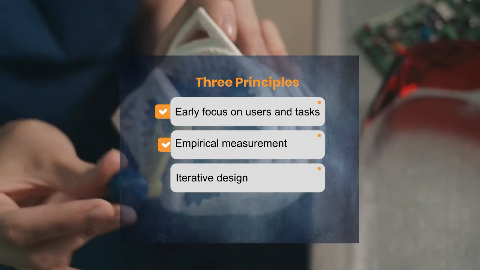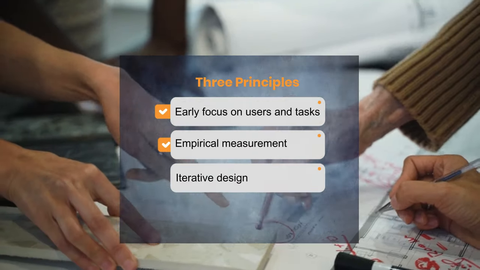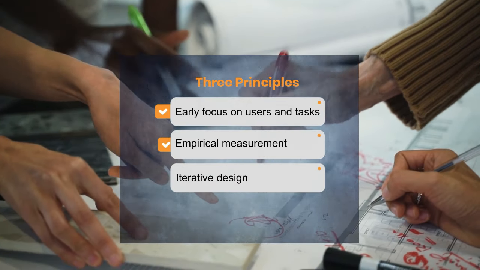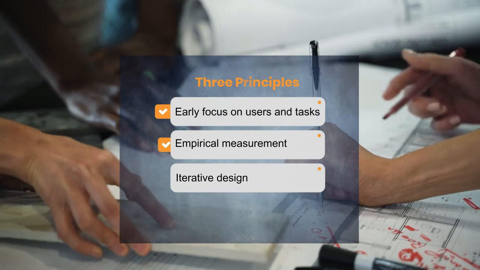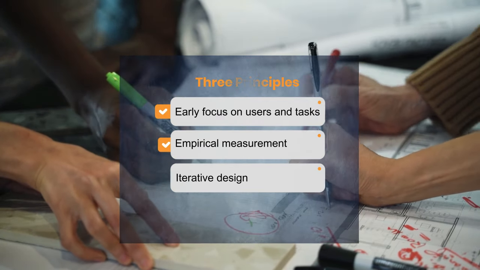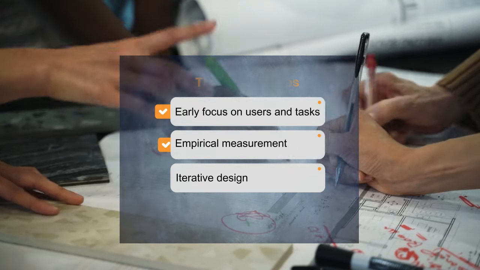3. Iterative design. When problems are found in user testing, they are fixed, and then more tests and observations are carried out to see the effects of the fixes. This means that design and development are iterative, with cycles of design, test, measure, redesign being repeated as often as